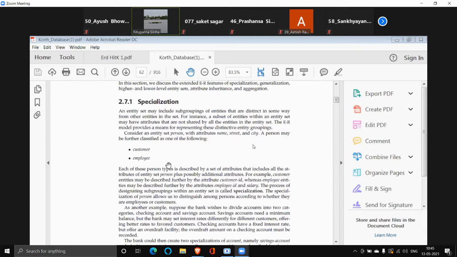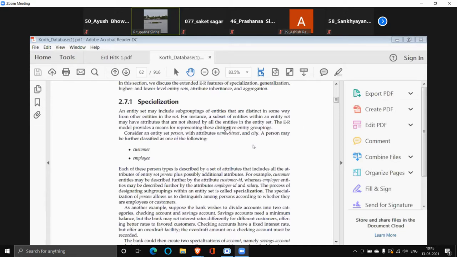So customer has its own special attributes in its table, employee has its own special attributes in its table, and person has name, street, and city, the common attributes. The thing is how you will show the relationship between customer and person, and employee and person. Suppose name of the person is unique.